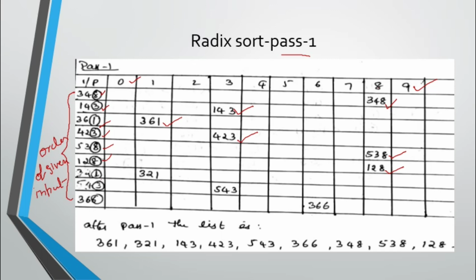Sorry, this is 321. It's not 391. I'm exactly sorry. So it is 321. If you see in your question, it will be 321 only. Don't worry. So write it under 1. Next one is 543. Write it under 3. Next is 368. Write it under 6. Sorry, this is not 368. Because the circle looks like 8, but it's 366. So while circling, be careful. 366, so write it under 6.